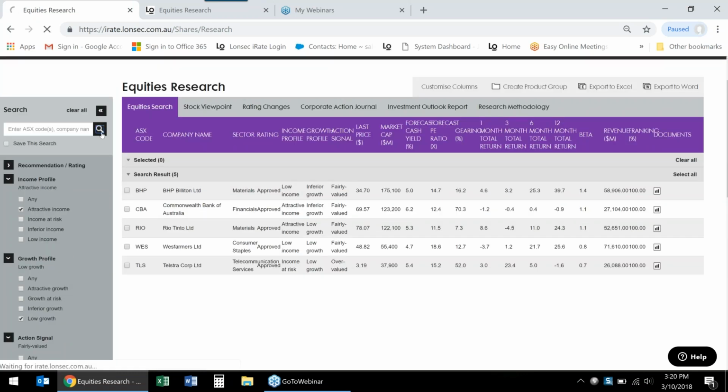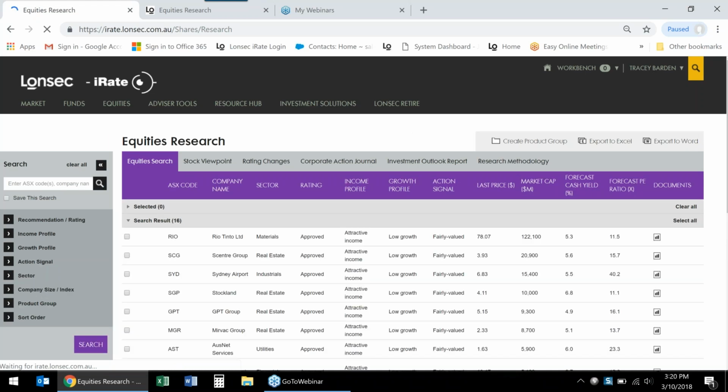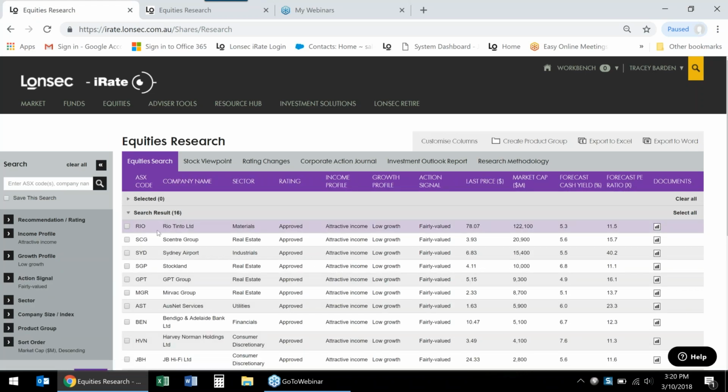So what we can do now is just click on the magnifying glass to see the results. Hopefully we get some results now. Okay, so we've got none here. Maybe I'm being too generous with my selections. If I take any, and if I don't restrict my sector, okay, so I have 16 products that fall into attractive income, low growth, and fairly valued.